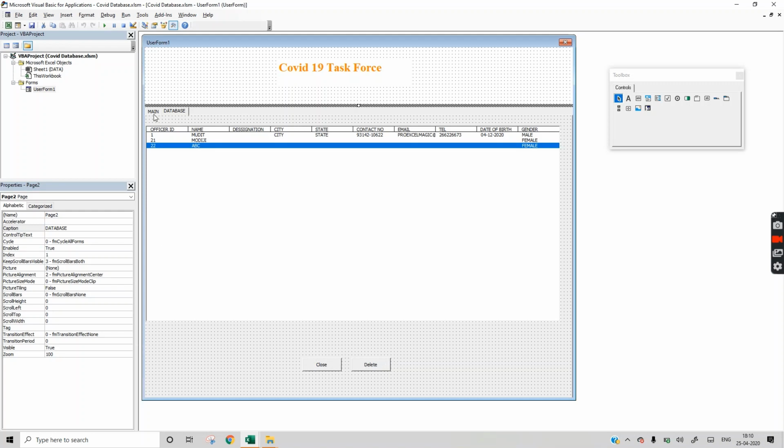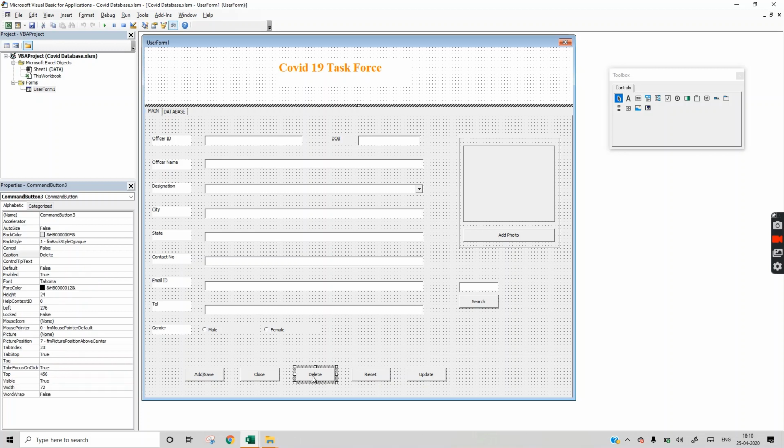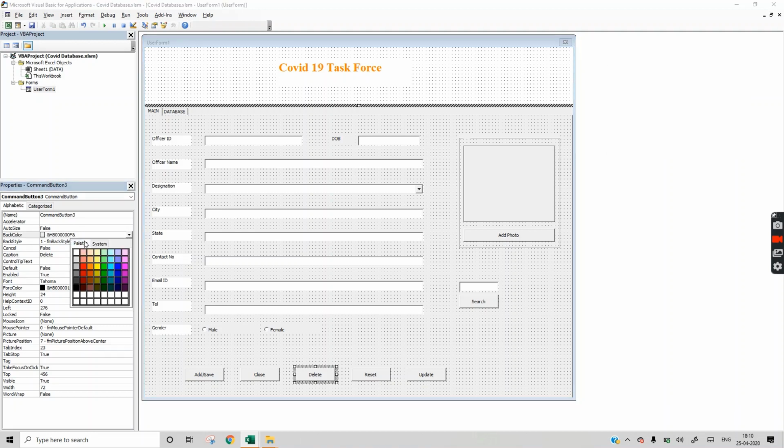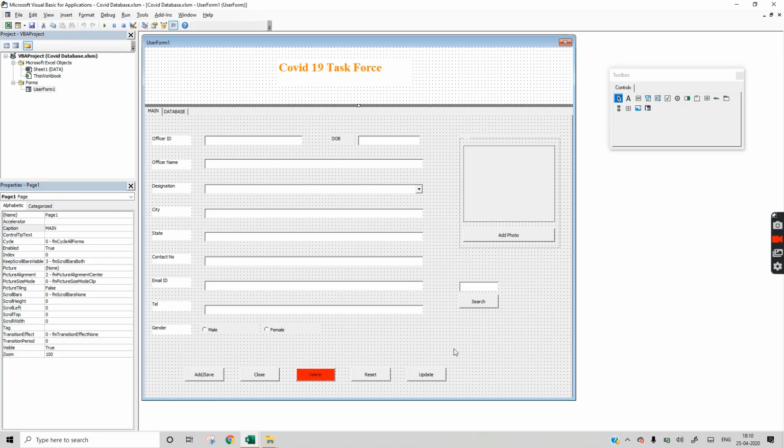We can change the color of these buttons. Suppose you want red color in this delete button, then what you have to do, go to this black color, select palette and red color. So now it is red color.